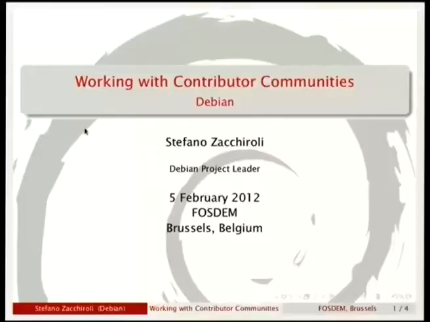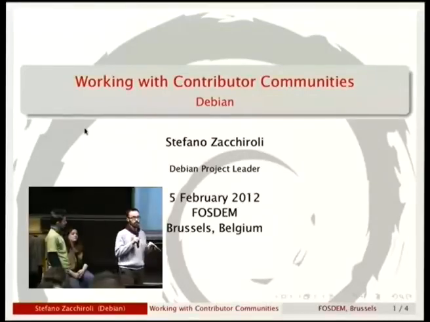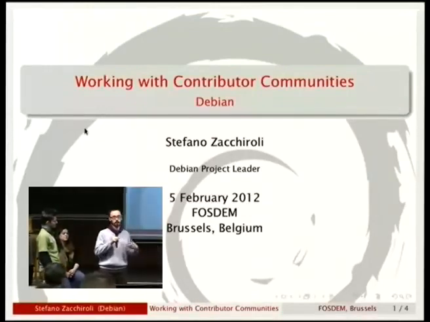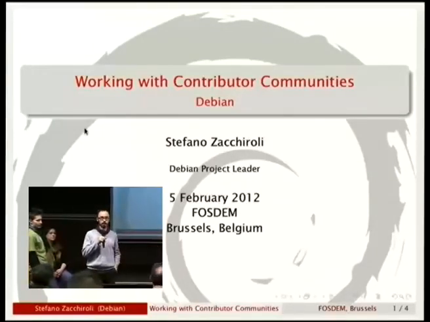Okay, so the Debian community in terms of developers, in terms of official project members, is very large and very scattered around the world. So we are about 1,000 developers, which can be found all over the world, mostly in Europe, in the United States, developing in South Africa, in Asia, in Australia. But on the other hand, we don't have a real structure for gathering and fostering the creation of local groups in specific parts of the world.